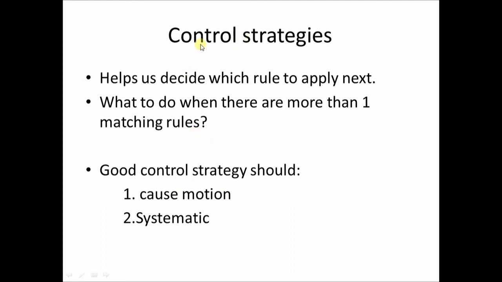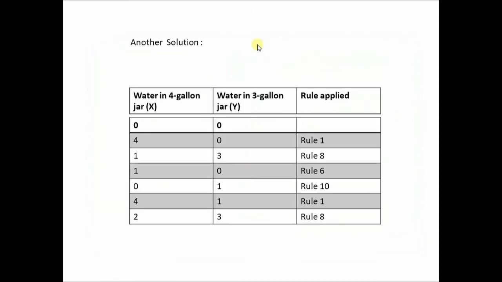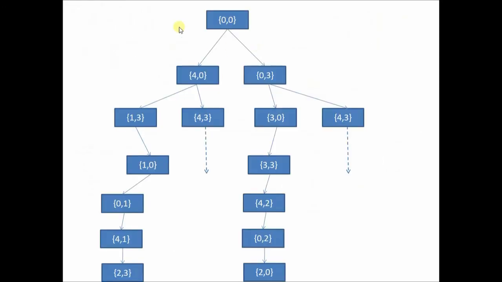We end this topic with the last thing, control strategies. Now we have seen in the previous cases, let's say in the case of missionaries and cannibals or the water jug problem, that whenever we have a state space for any problem, the state space is so huge that without a proper way of traversing and searching, it will be very time consuming, or very tedious for the computer to get to the solution. So what is important in this case is how to achieve the solution efficiently, how to traverse this particular state space efficiently.